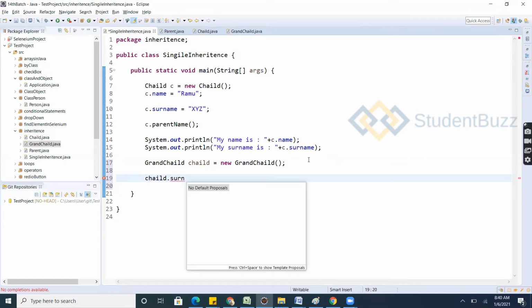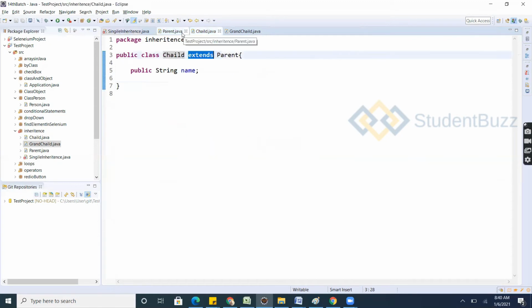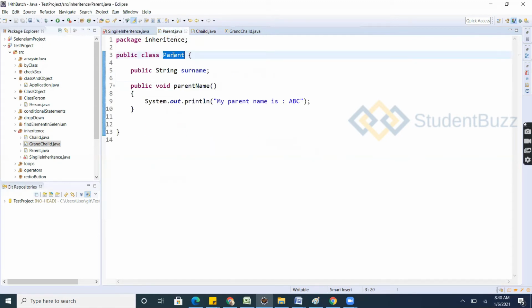Are you able to get it? No, right? Because it is not extended. If you want to extend this surname, he has to extend the child or the parent class. Let's extend the parent one first.